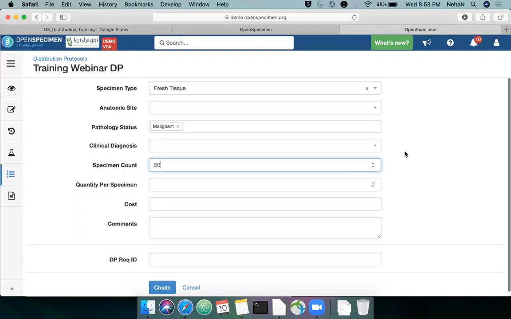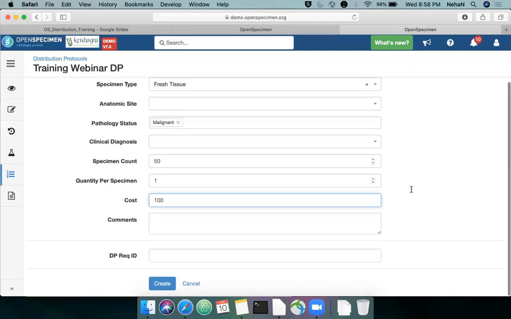which are fresh tissue and malignant, and the quantity per specimen is, say, 1 gram. So I want to distribute 50 grams of sample, and that depends on the tube size that is being sent, so the calculation will be done automatically. Then the cost of the sample that is being sent out, I can add the cost over here and it will automatically populate on that screen. Okay, so I can say